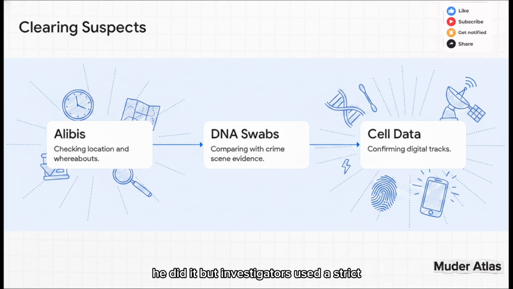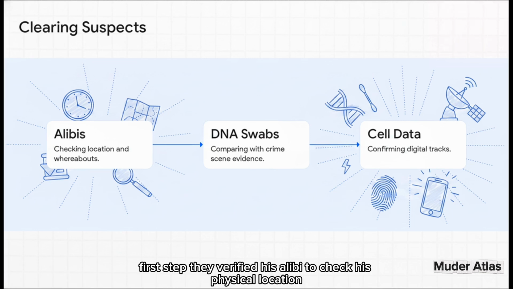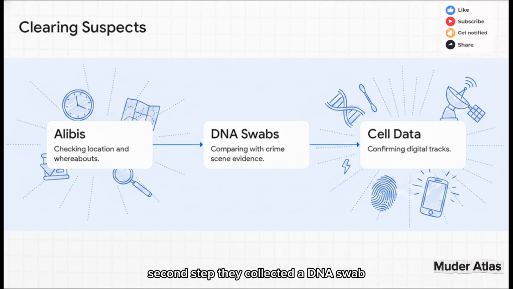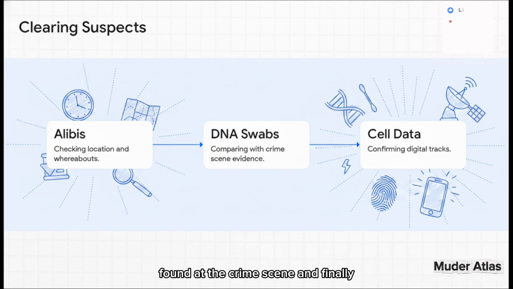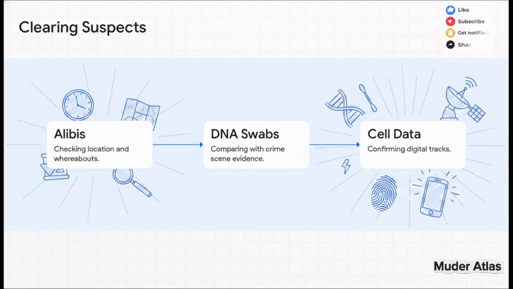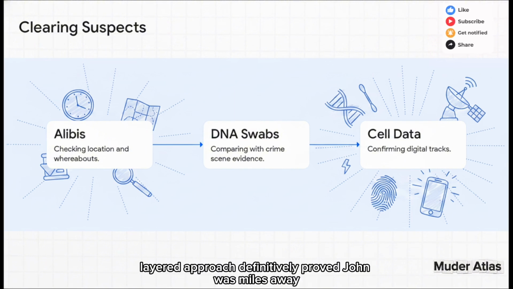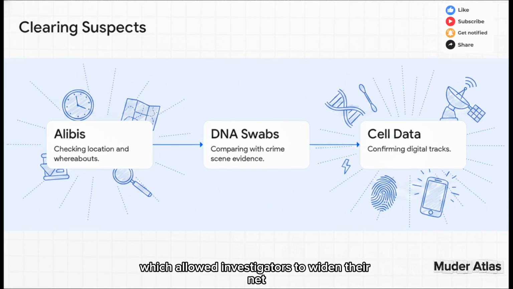But investigators used a strict, three-step scientific methodology to avoid a wrongful accusation. First step, they verified his alibi to check his physical location. Second step, they collected a DNA swab and ran it directly against the biological evidence found at the crime scene. And finally, step 3, they conducted a comprehensive review of his cell phone location data to confirm his digital tracks. This systematic, layered approach definitively proved John was miles away. The science completely cleared him, which allowed investigators to widen their net and eventually zero in on a so-called family